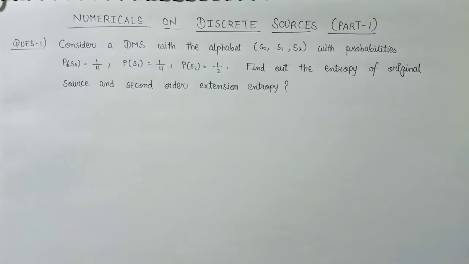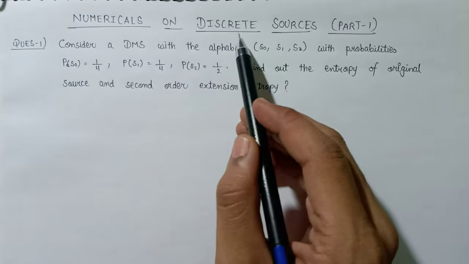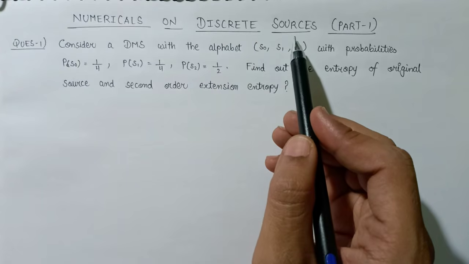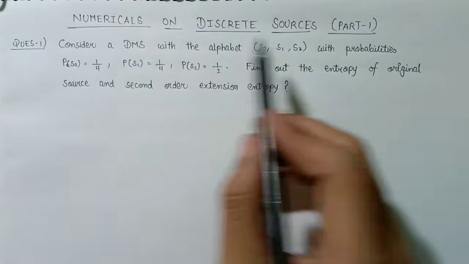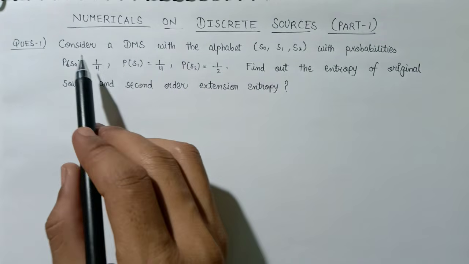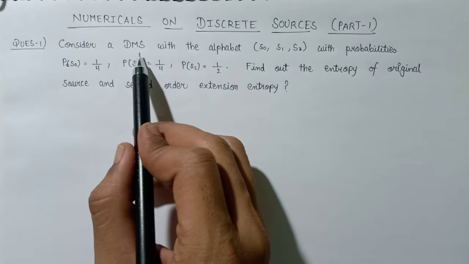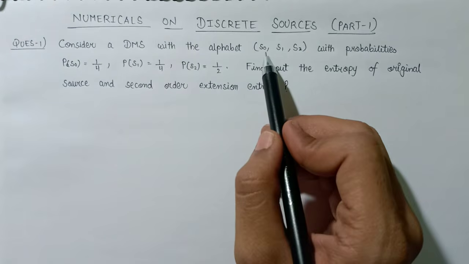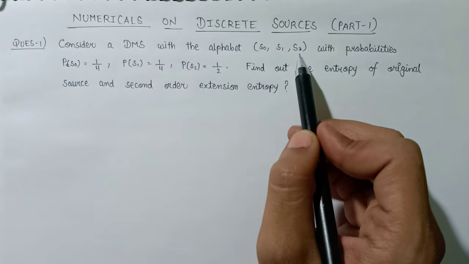Hi everyone, in this lecture we are going to study some numericals that are based on discrete sources, and it is the first video of the numericals. So here is the question that says: consider a discrete memoryless source with the alphabets S0, S1 and S2